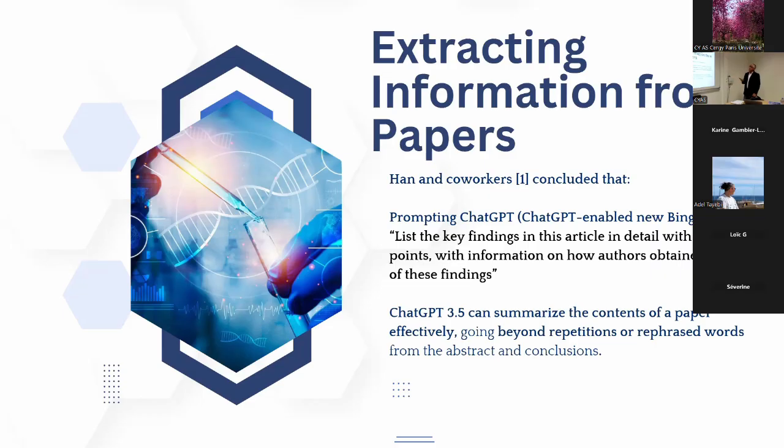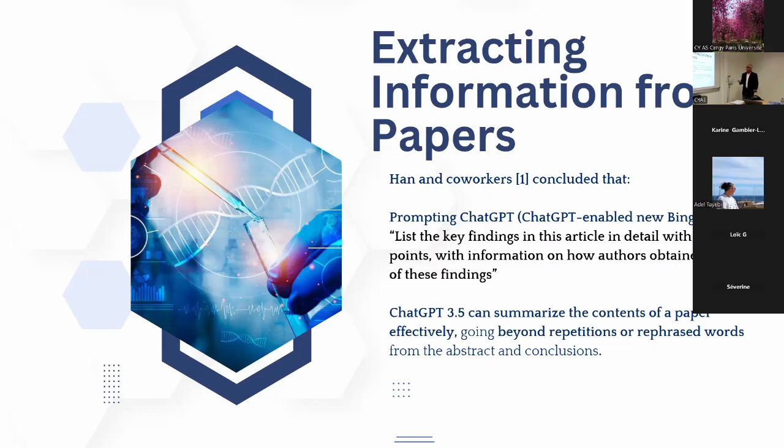So the first prompt was to extract information from papers. The prompt was: list the key findings in this article in detail with bullet points, with information on how the authors obtained each of these findings. And they used ChatGPT 3.5. And what they realized is that ChatGPT could summarize the contents of the paper very effectively, going beyond repetitions or rephrased words from the abstract and